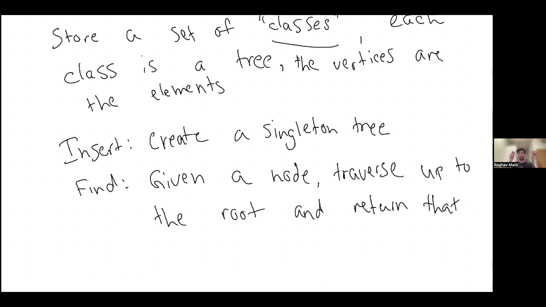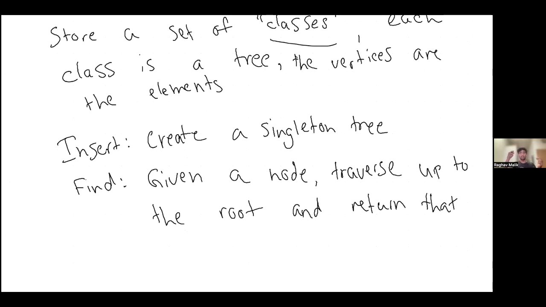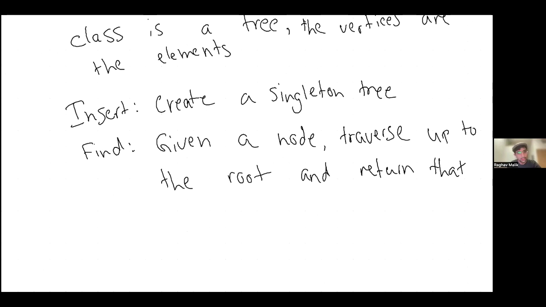This way, if two vertices are in the same tree, in other words, two elements are in the same class, they'll necessarily have the same root because each tree has a unique root. Right. And then union,